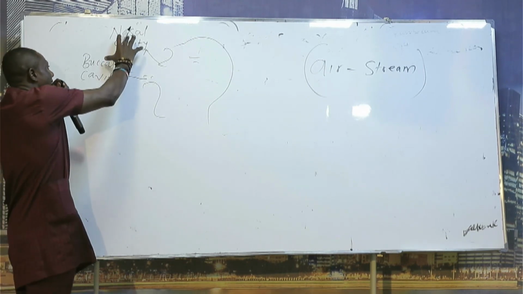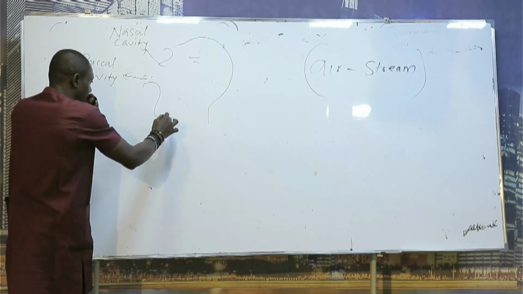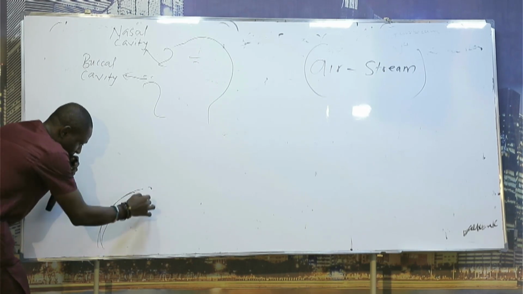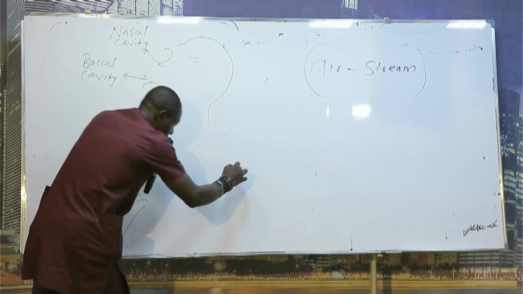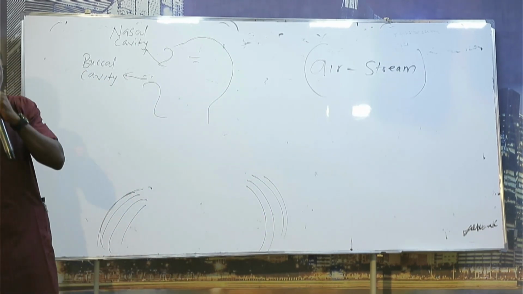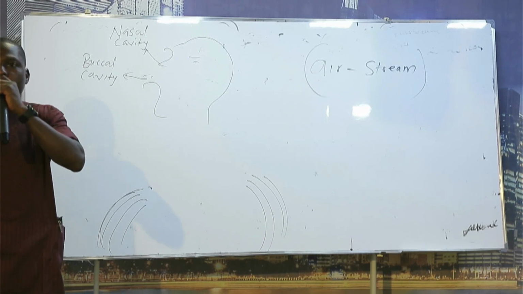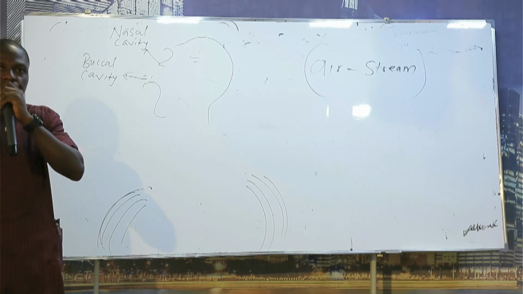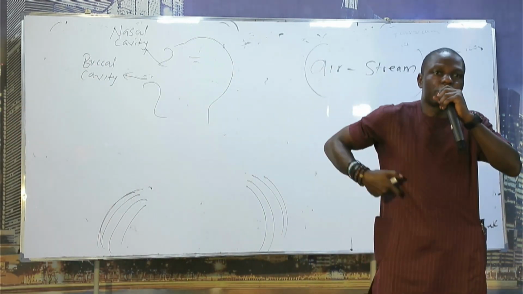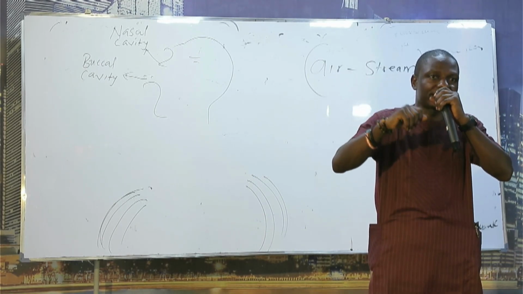Now, when air enters through both ways, either through the buccal or through the nasal, it comes down to your ribs, okay? And these ribs are enclosed by your lungs, okay? When you breathe in, it will make your ribs compress up. Then if you breathe out, your ribs will expand. That is the way it functions. Breathe in, it goes up. Breathe out, it expands.